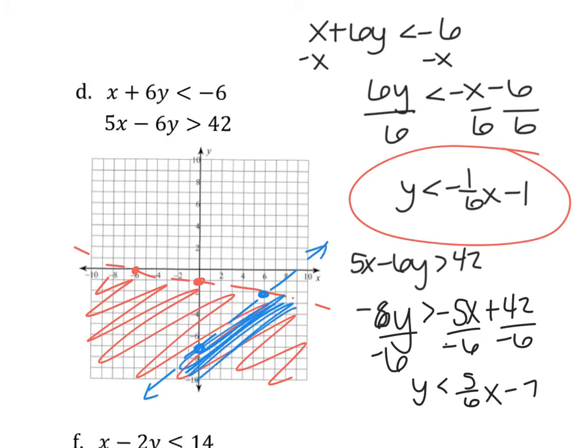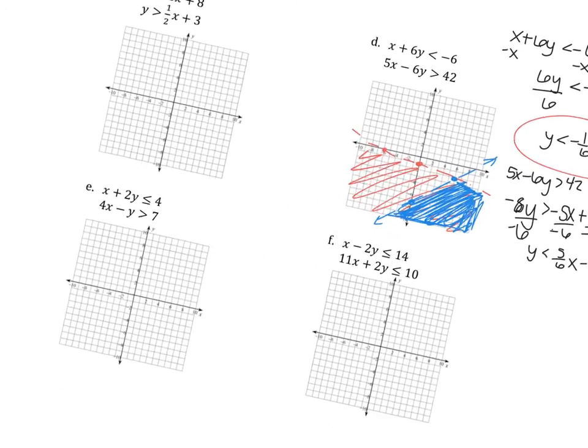So this time I'm just shading that region where I can see it's going to overlap. I'm not going to shade this other region because I know that this right here where I'm coloring it blue, that is my solution. We have our boundary lines, we have the place where they're going to overlap. And that's it. Really, you're just looking for that region where they overlap. Let's take a look at